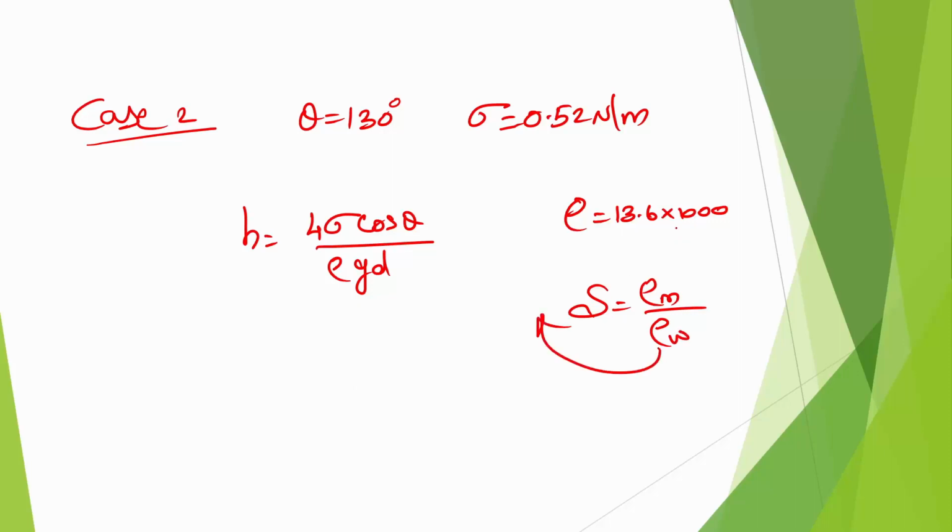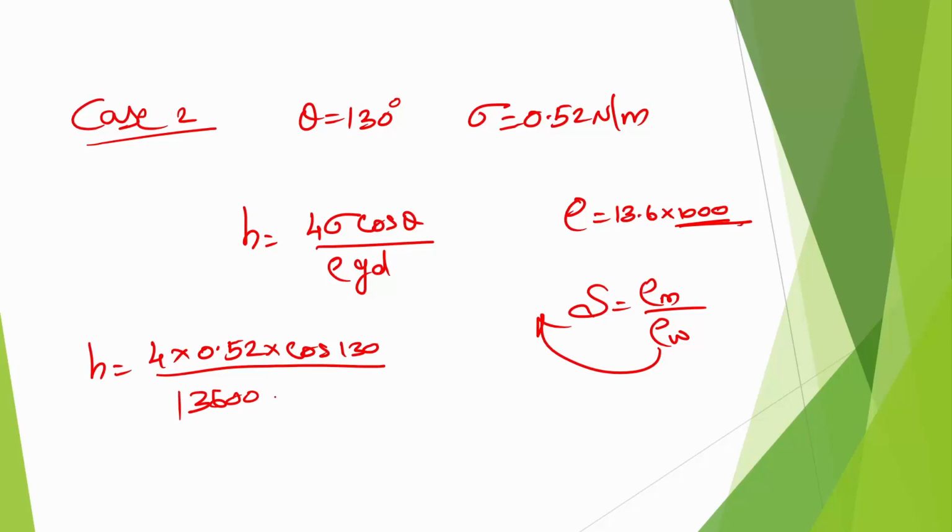So taking it to the other side, I'm multiplying with 1000. So my H is equal to 4 into 0.52 into cos 130 divided by density, 13,600, into 9.81 into diameter,